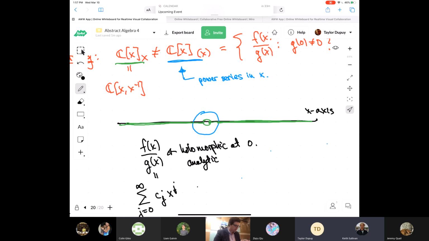Usually when I see power series and a circle, I think of a radius of convergence. Is that at all what this is? Kind of like that, kind of. But we don't really care about convergence anymore. What's happening inside this circle that's not happening outside, if this is like a local